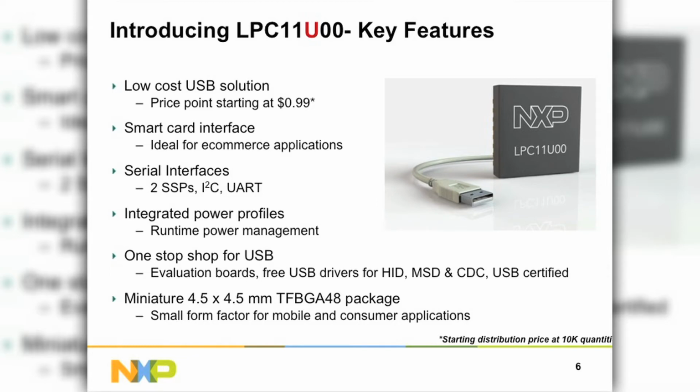So it's a one-stop shop for USB. This part is being certified by USB.org. So if you go to USB.org and look for the 11U14, it will show up in the system. That means that it is compliant with the USB specification. We have free drivers for HID, mass storage, CDC on our website, which you can download and it's free to use. And finally,